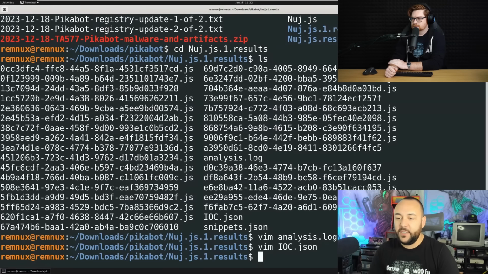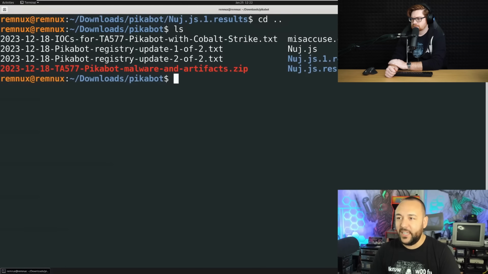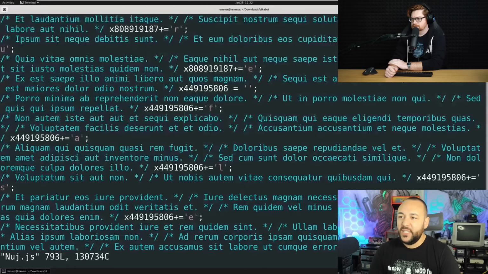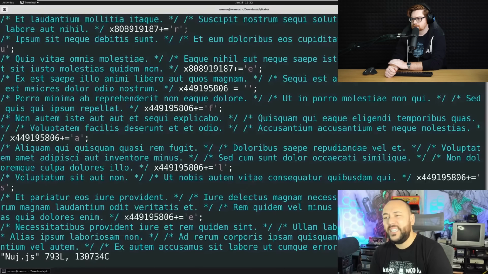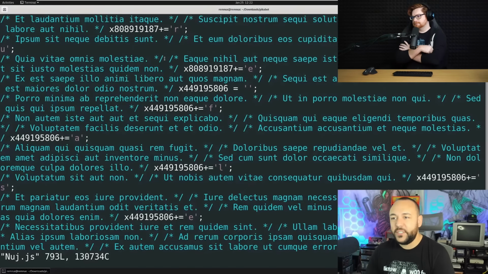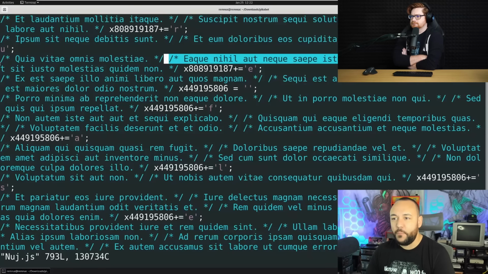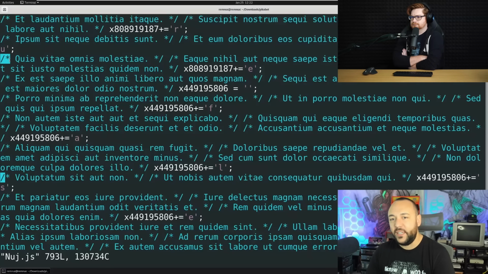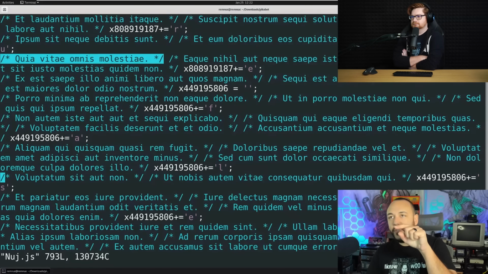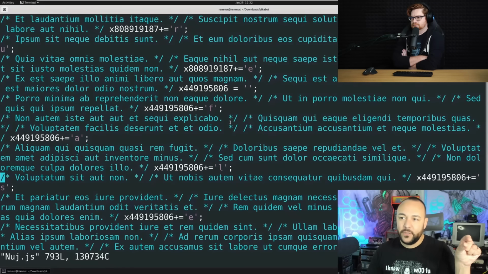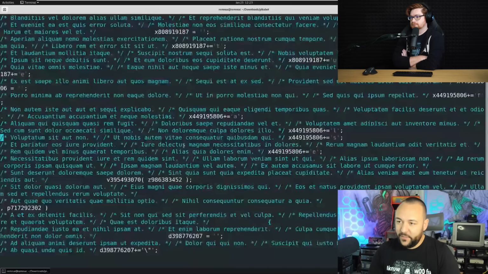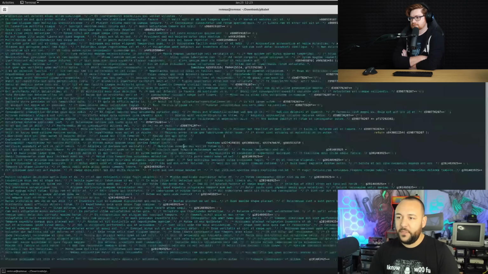So the first thing I tried to do when analyzing this, I'm going to back up a directory, is that we have this script and it's all ugly. I can't read that, right? But if you notice, it's kind of easy to clean up because the comments all begin with /* and end with */. If we use a regular expression to clean that out, then the code becomes far more evident very quickly. If I zoom out, you see that's the script.